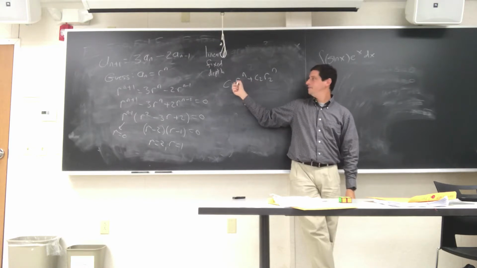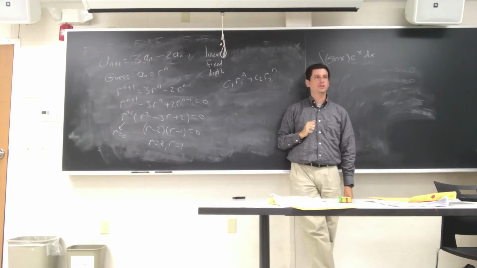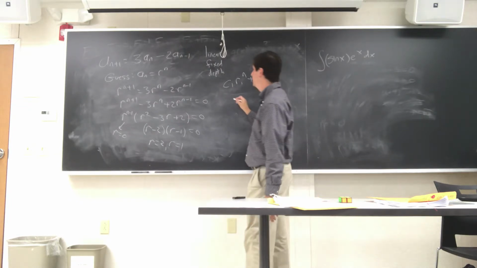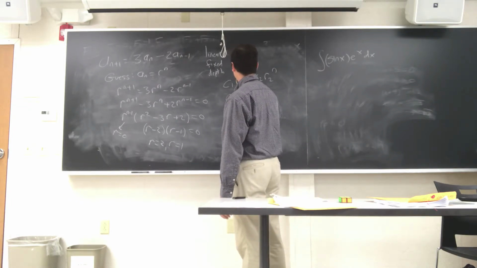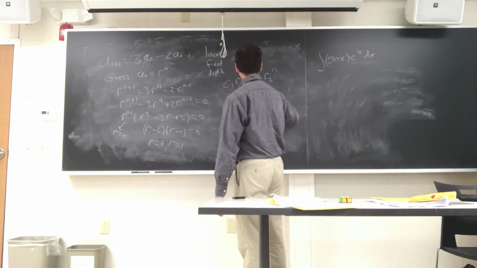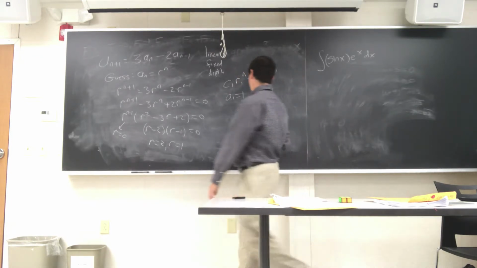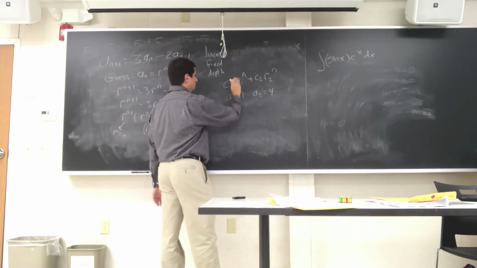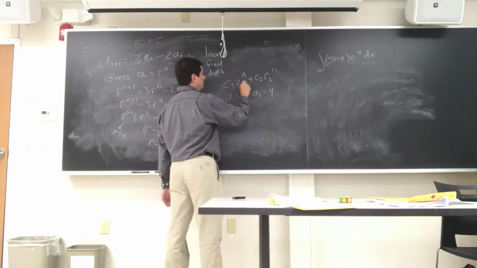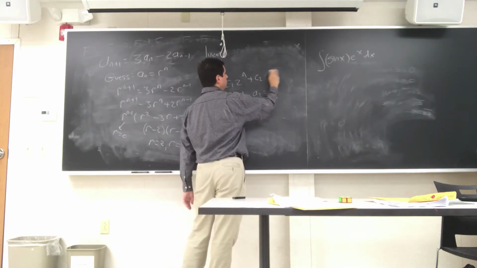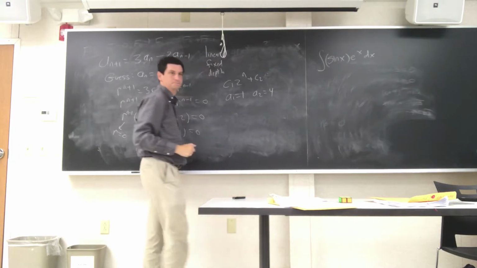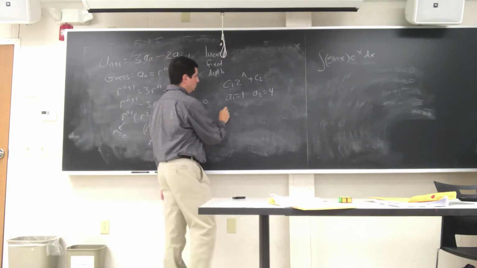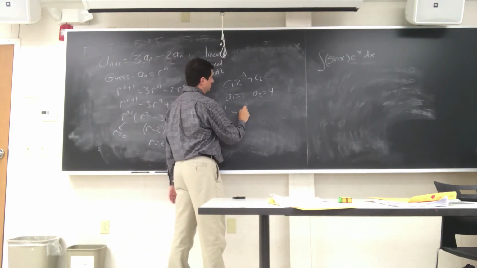And now I figure out what C1 and C2 are based on initial conditions. So if I know A1 equals 1 and A2 equals 4, I could then say, oh, okay, I would get, so in my case, I've got R1 is 2, and very nicely, R2 is just 1, so 1 to the n is just 1. So I would get 1 equals